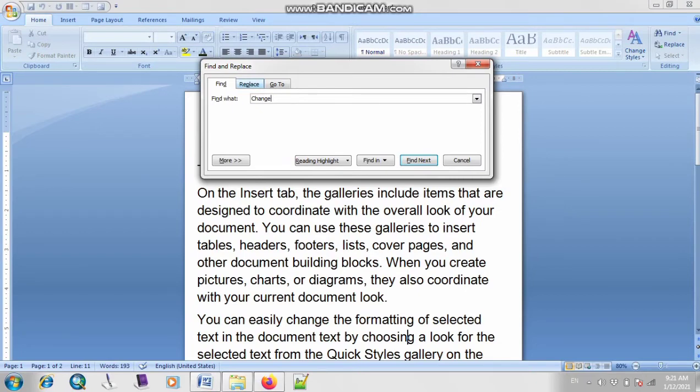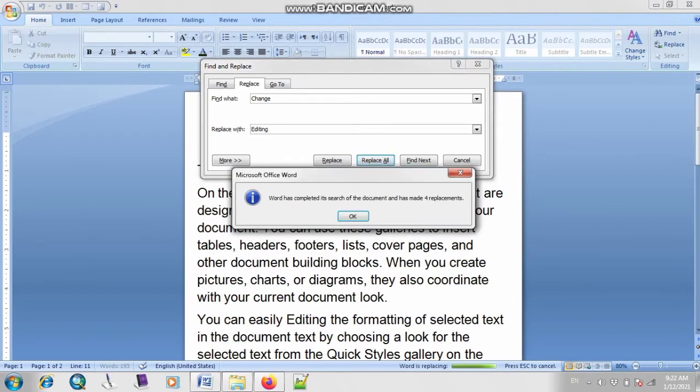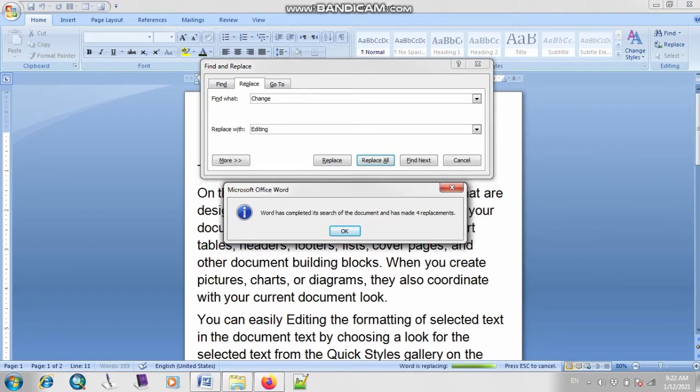Fatma Abdul Sabur, what will I do? Right, I will click on this option of replace, and here I will change the word with editing. Okay, I have changed the word change with editing, and I will click on this option of replace all. As you can see, the pop-up window shows Word has completed its search of the document and has made 4 replacements.